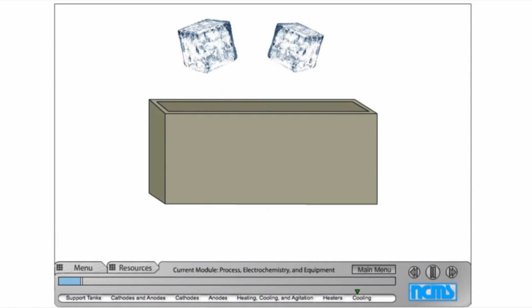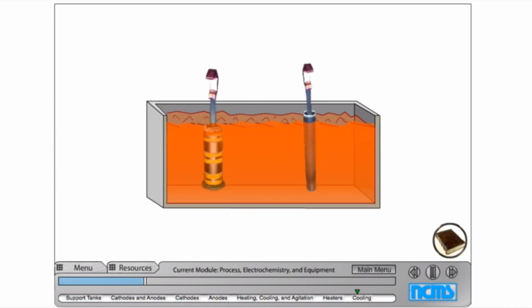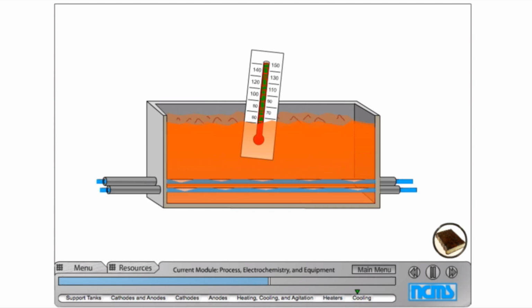Ironically, chrome plating tanks also require cooling to maintain temperatures during lengthy plating cycles. The reason for this is that hard chrome plating is electrically inefficient. A huge amount of energy is lost as heat rather than being put to work plating the part, and the heat released into the tank warms up the bath. It's the cooler's job to undo that. Most cooling systems work by pumping cold water through tubes submerged in the tank. As usual, this system has to withstand the harsh conditions in the bath and should be inspected regularly for corrosion